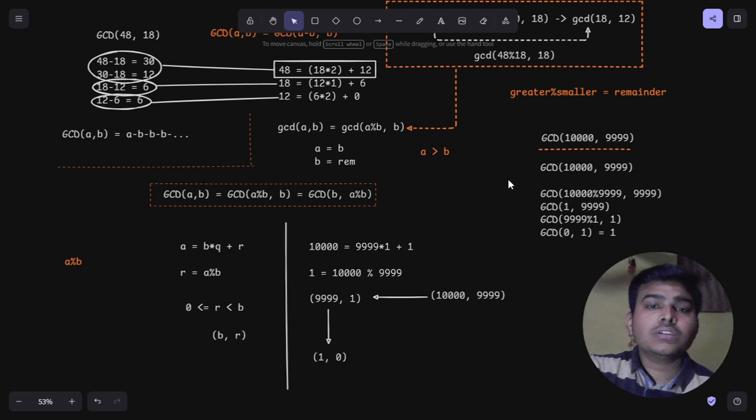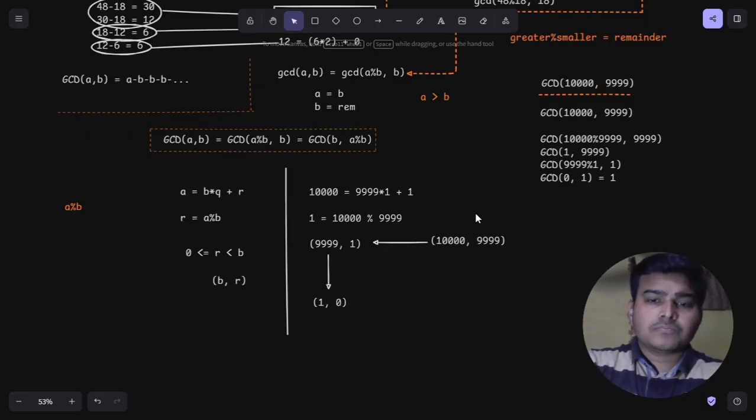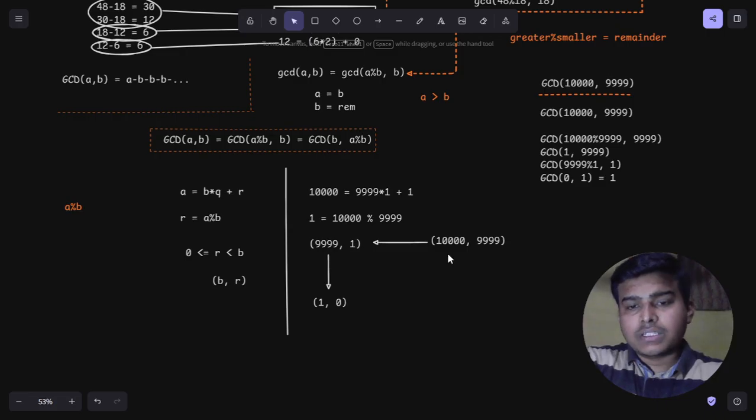You can see how the number of iterations drops drastically from the subtraction method to the modulus operation method. So it's that simple. From this input you just got to this after performing the modulus operation, and after performing one more modulus operation you get to this particular step. So Euclid's algorithm has a number of steps which are logarithmic. Even though here we have taken one example,